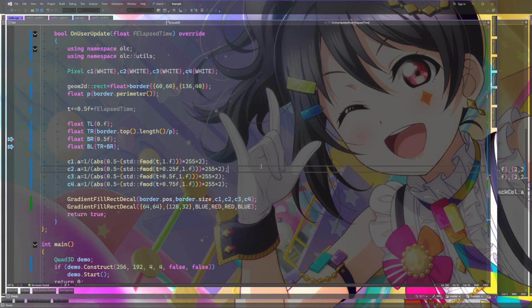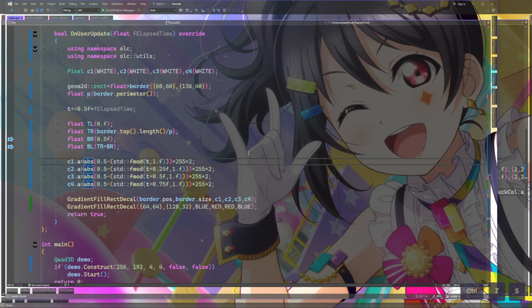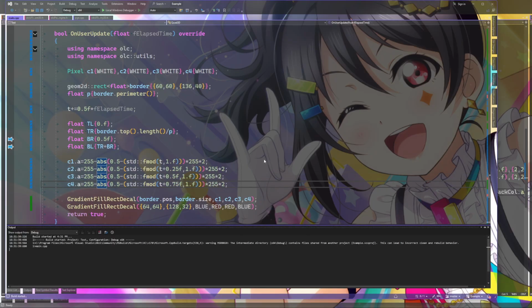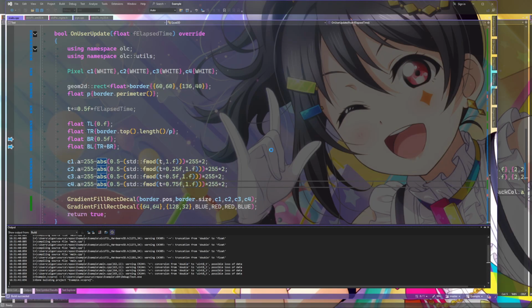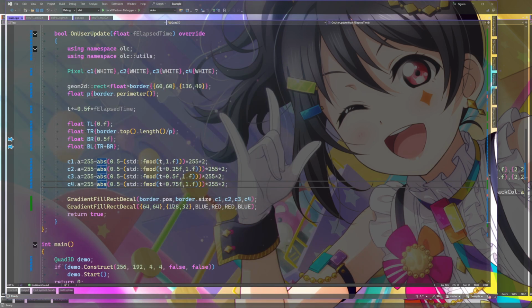Or not. Hold on. Am I being dumb? Oh, I just do 255 minus. That's what I do. And those are all multiplications, so they should happen first. Makes it go in the other direction.